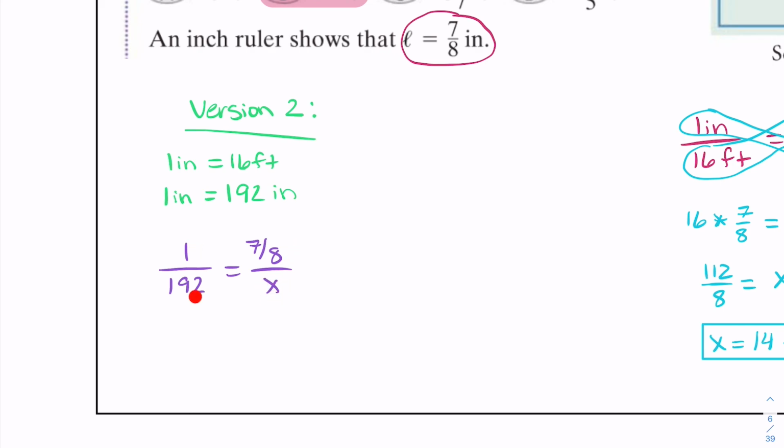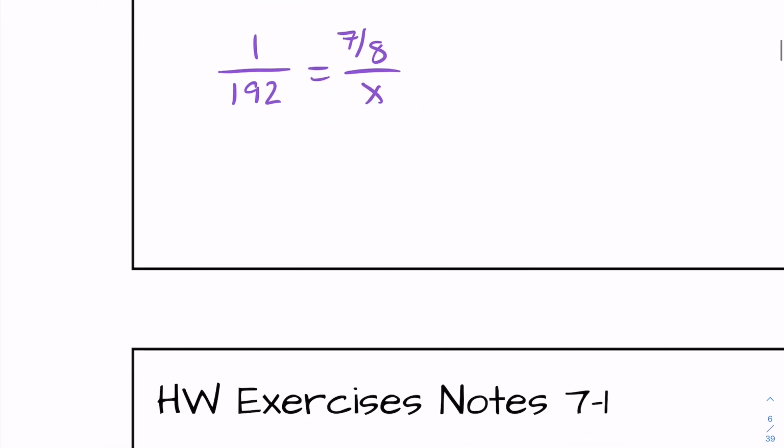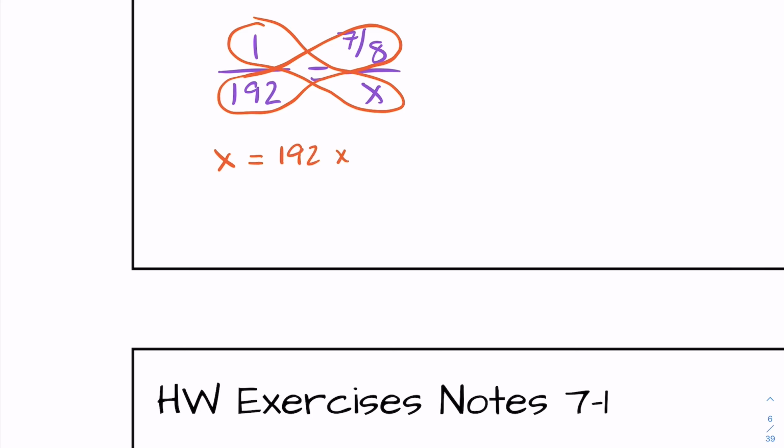So now I'm going to do 1 times x is x, and then 192 times 7/8. So 192 times 7 is 1344 over 8, which is equivalent to